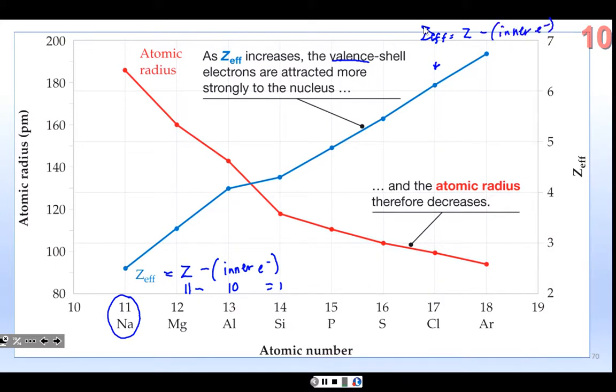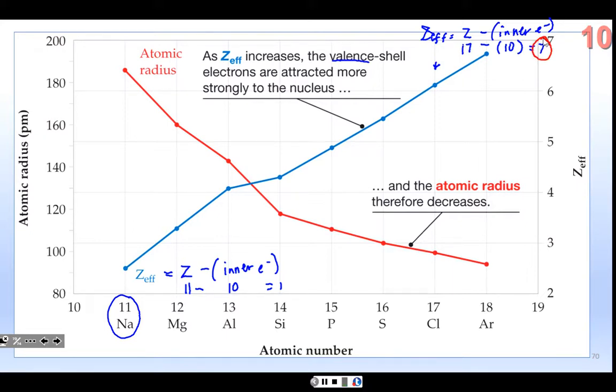And so the number of protons in chlorine is 17. The inner electrons is 10. And so the result is the effective nuclear charge is more like 7 instead of 17. So you have the effective nuclear charge much greater for chlorine, and so its electrons in that third shell